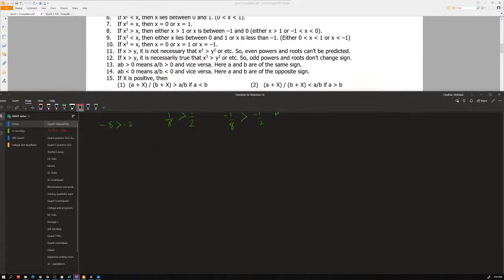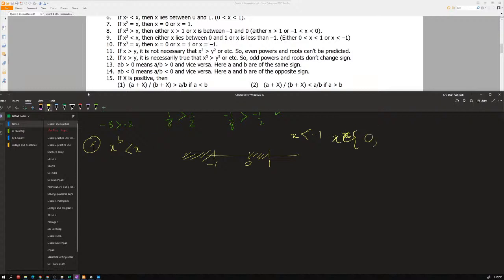Okay, let's go for number 9. Number 9 is the same, x cube is less than x. So basically whatever we got there, it will be opposite. So everything would be 0, minus 1, and 1. So it will be like this. So either x is less than minus 1, or x is in between. X belongs, we actually used to say like this, x belongs to 0,